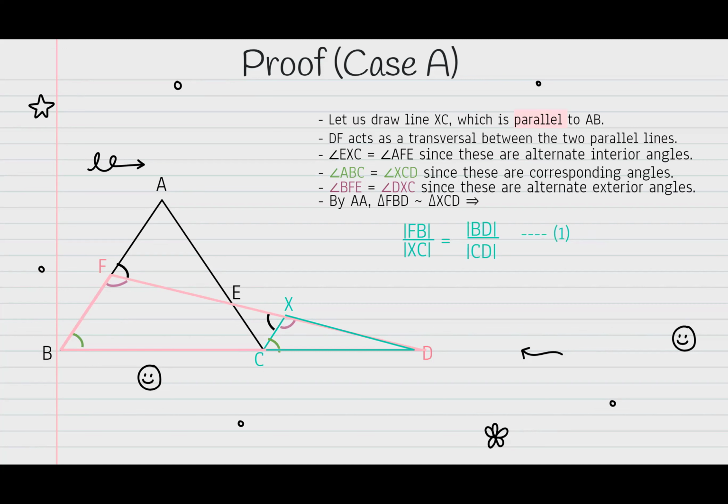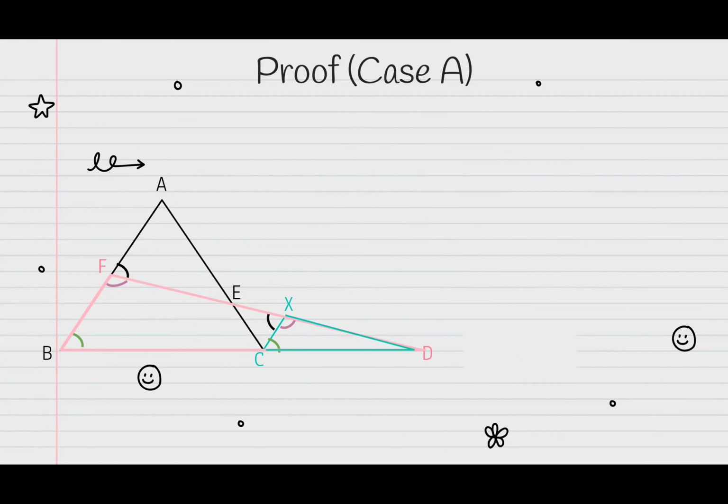This implies that the absolute value of FB over the absolute value of XC is equal to the absolute value of BD over the absolute value of CD. And then for the sake of this proof, we are going to label this equation as equation number 1. All right, so continuing with this proof,